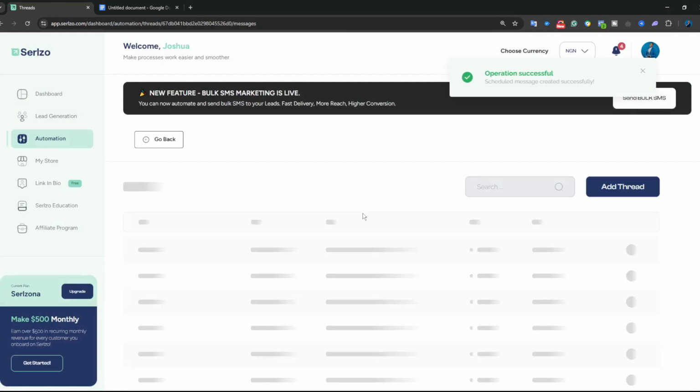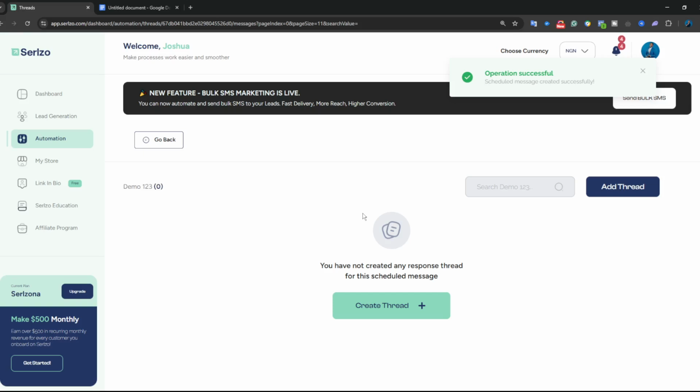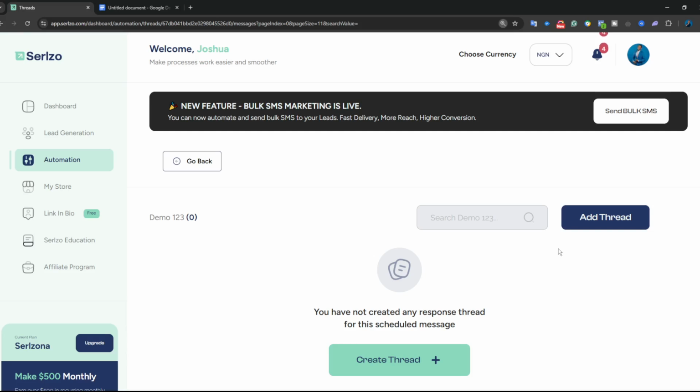Now this is straight up create. Now I have to add threads. So threads on Serlzo is the way you have to